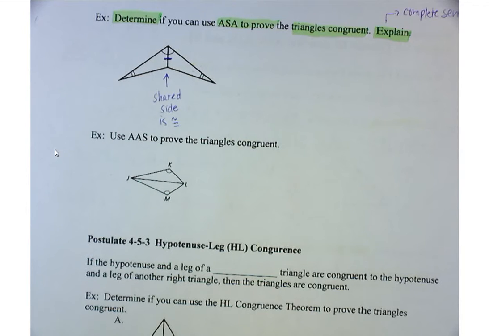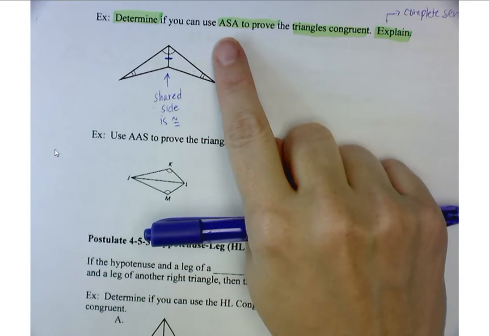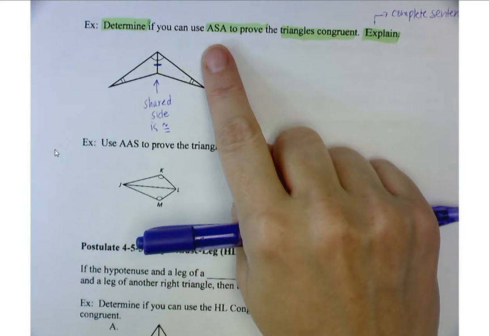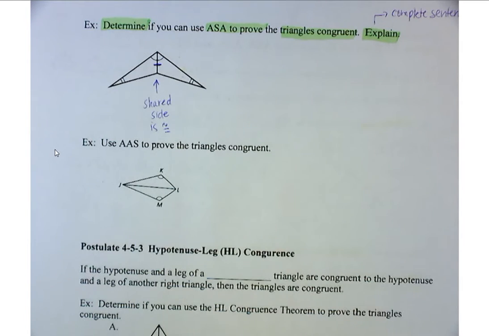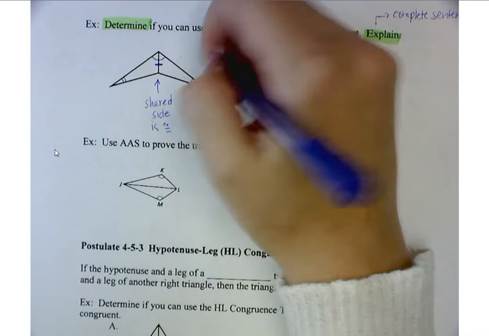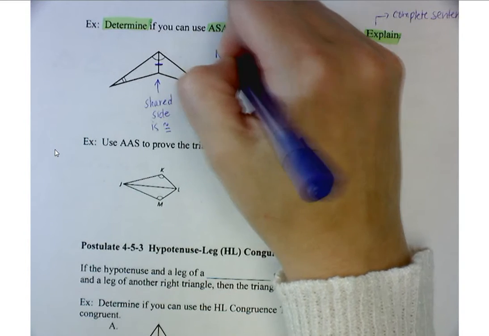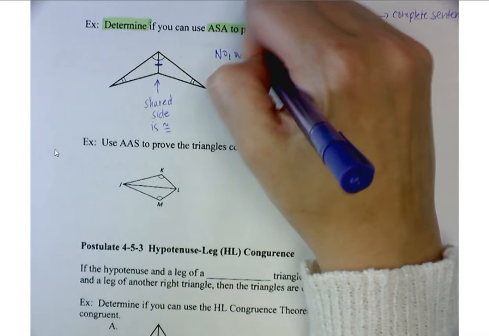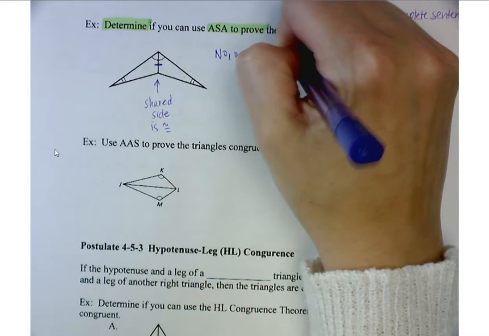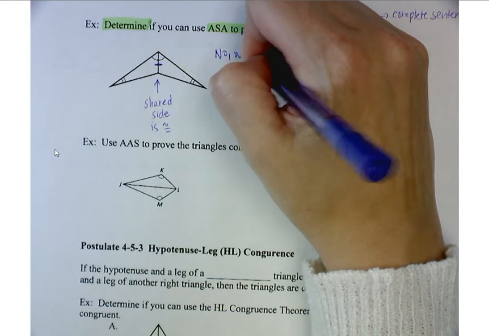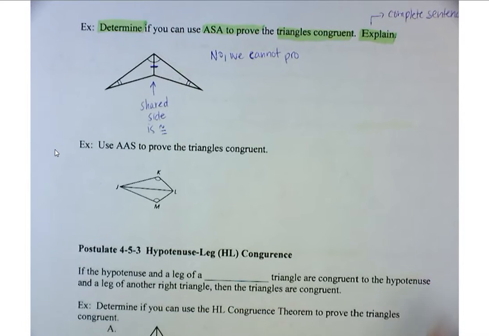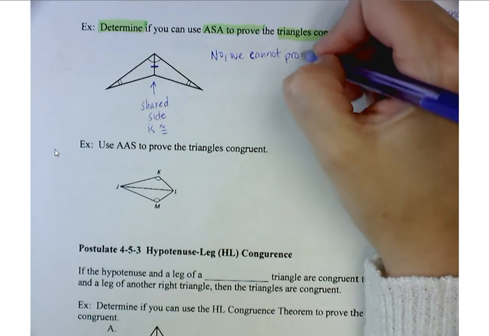So then, can we use ASA to prove it's congruent? No. Can we use something else? Yeah, what is it? AAS. Yes, you can use AAS, angle, angle, side. Okay, so now we have to explain, using a complete sentence. So, no, we cannot prove, I guess that kind of looks like an E, but it is a C. Okay, so no, we cannot prove the triangles